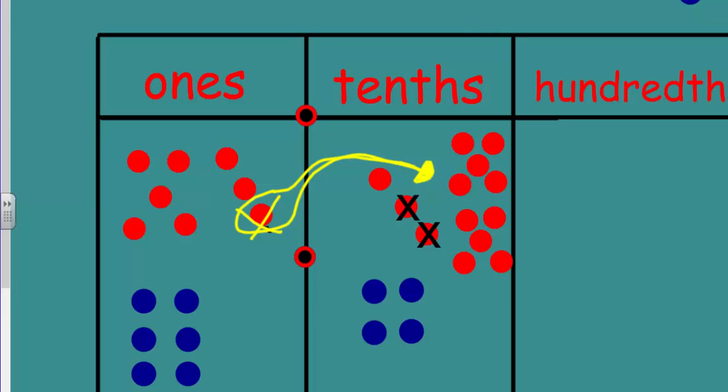I'm going to take away 4 of my red discs because 4 is being taken away from that 4 tenths from the, well, originally we had 3 tenths here, but now we have 13 because we added 10. So now that takes care of this. This is done. So maybe I can even do this maybe and then just show those 4 no longer exist. We're not going to count those any longer. A lot of little X's. You could just put a line through them. I got a little carried away. Mr. Dramatic had to. And that leaves now just 5, and then we have our 4, which leaves just 9